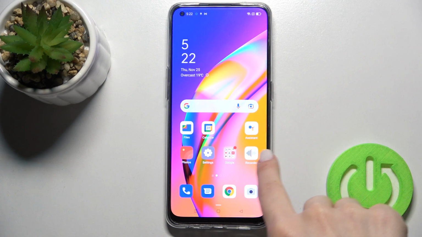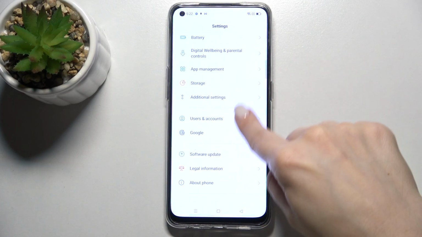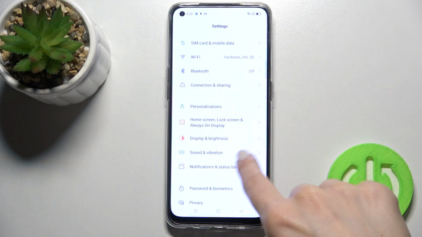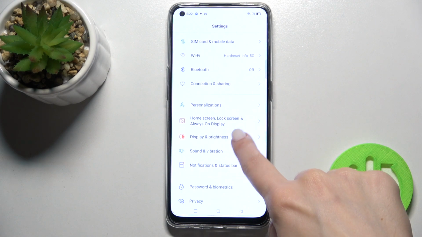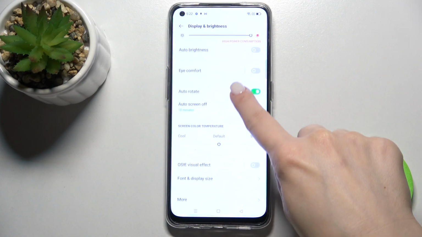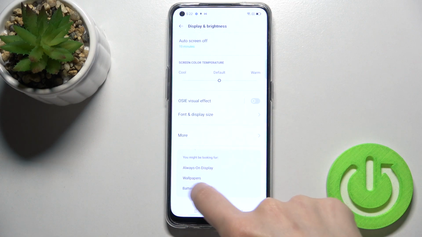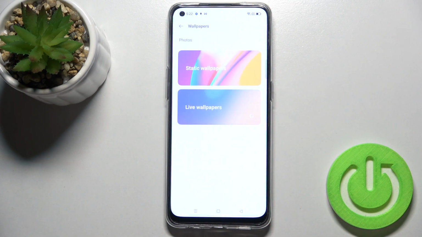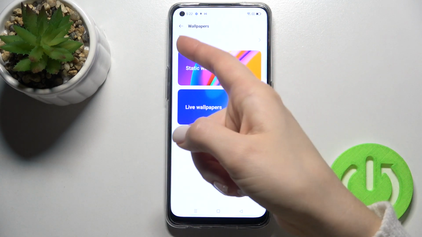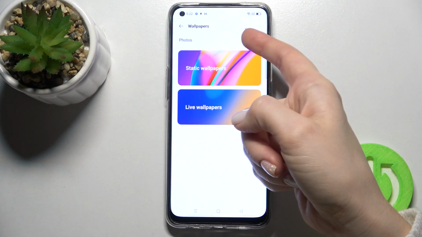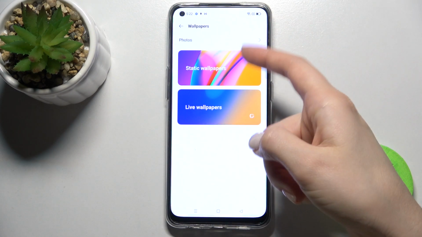So first you should go to the settings app, and here just go to display and brightness. Now just scroll down with your finger, and here you will see the wallpapers. Tap there, and as you can see, you can choose your new wallpaper from your device photos, also from the